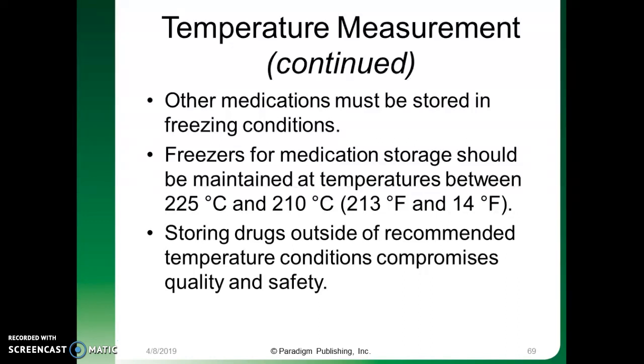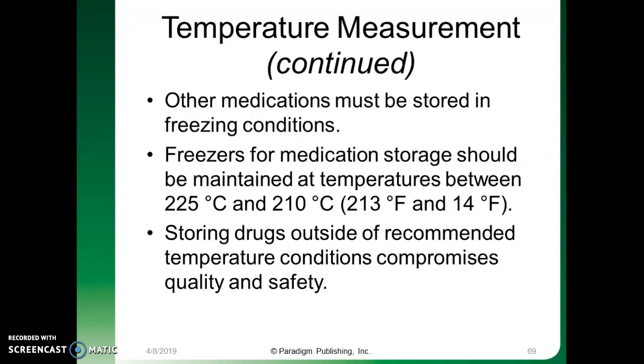So if you do not store that medication as soon as it arrives at the pharmacy in the appropriate place, you lose the consistency of that medication, and therefore it might not be active, or